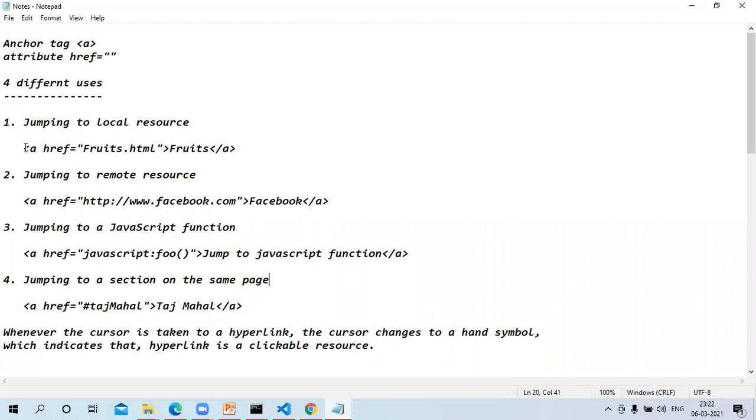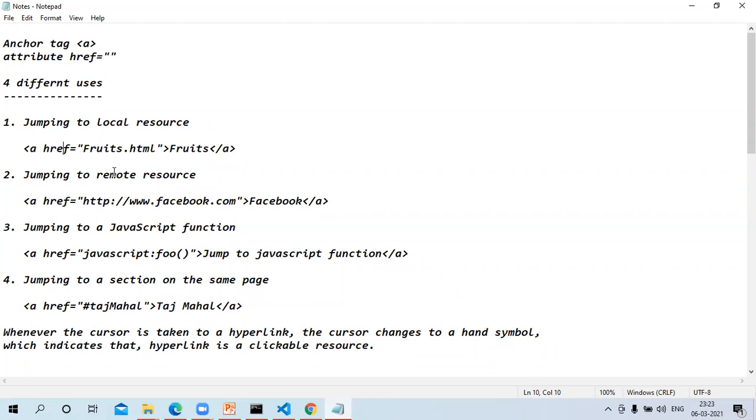So the syntax is like this: A, href, fruits.html, and the text fruits. These fruits will appear on the screen, and this is the opening tag A, this is the closing tag, and this is the href. So whenever this hyperlink is clicked, it will go to a resource called fruits.html. That means fruits.html will be rendered on the screen.